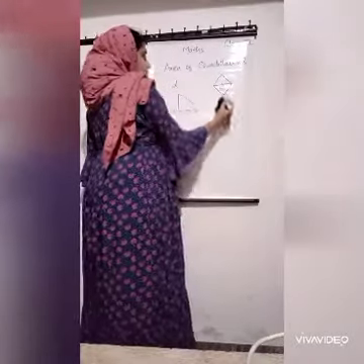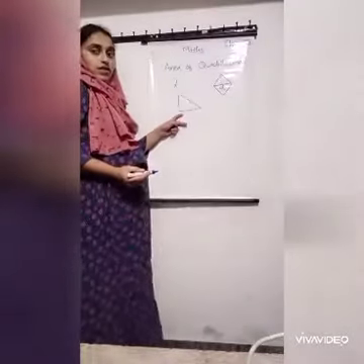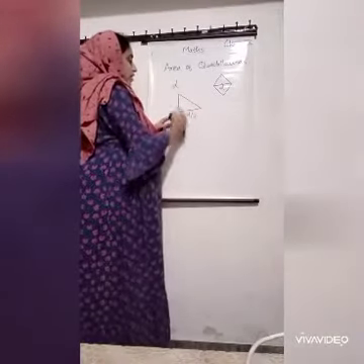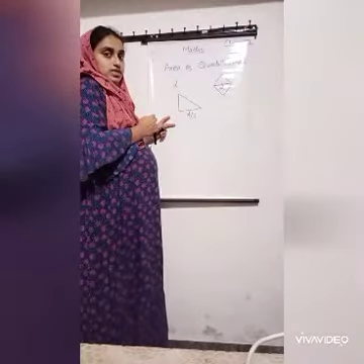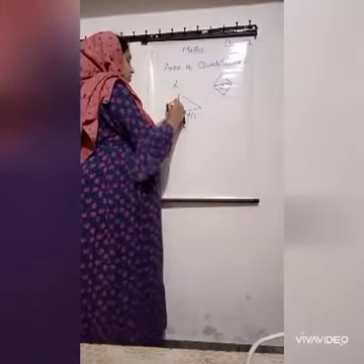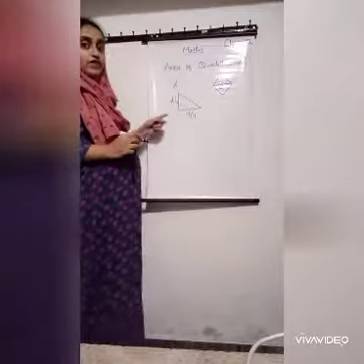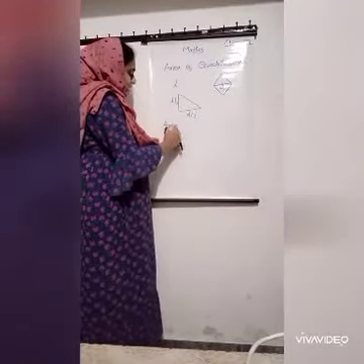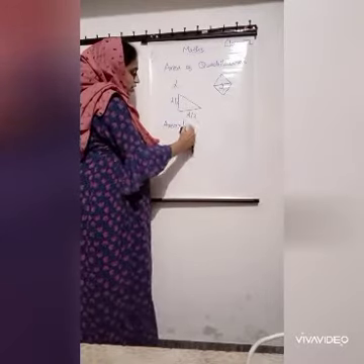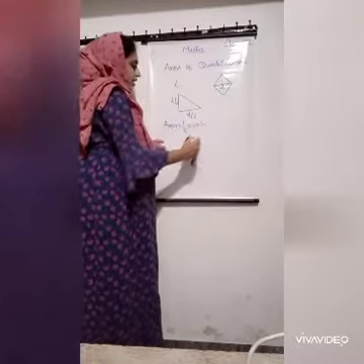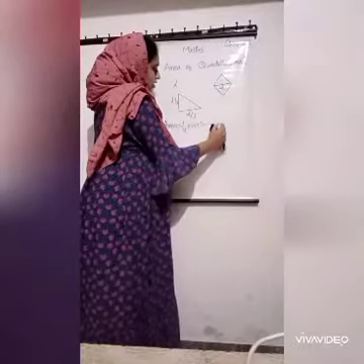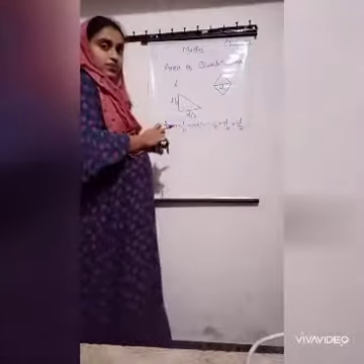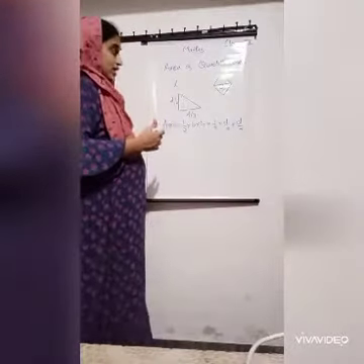If it is D, what is the base of this triangle? Yes, base is D by 2. Very good. Here, what is the altitude of this isosceles triangle? D by 2. Very good. Then how we find the area of this isosceles triangle? Area is equal to, same step, half into B into H. Here, half into D by 2 into D by 2. Any doubt? It is very easy.